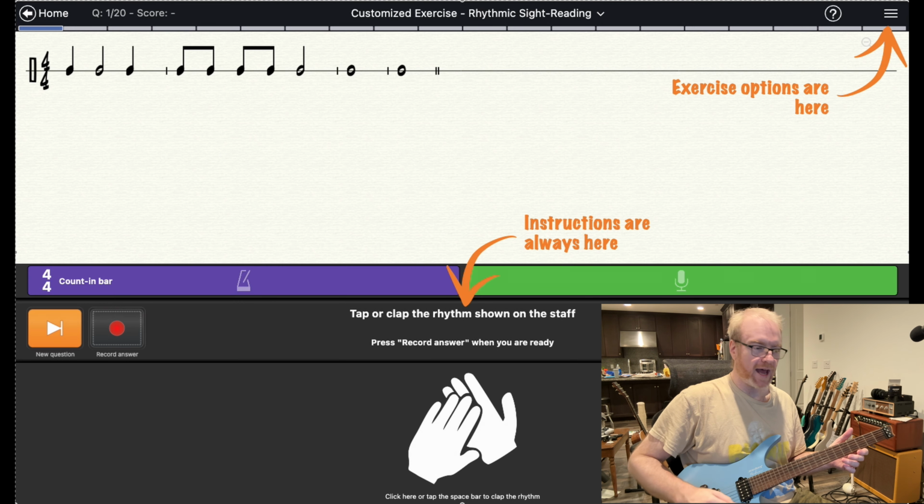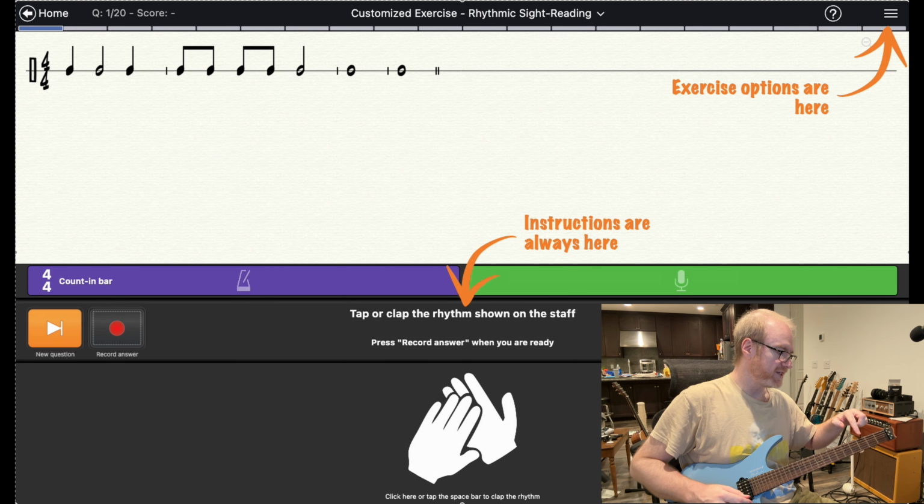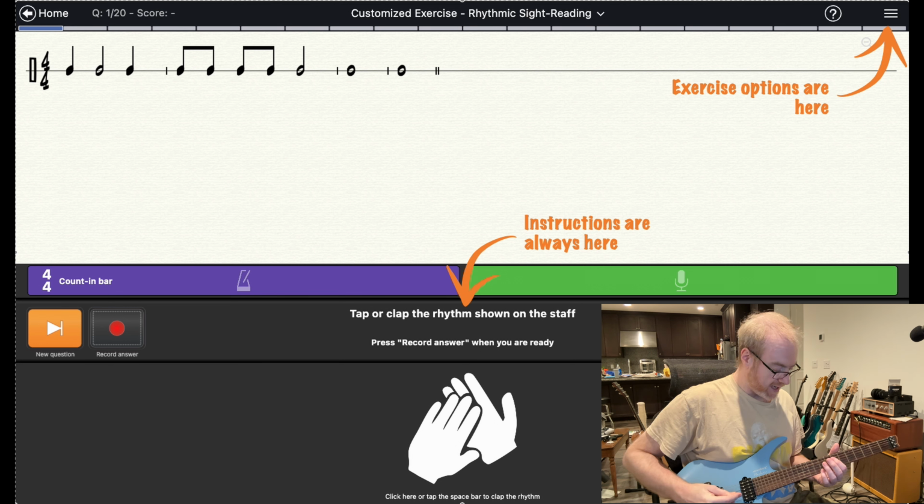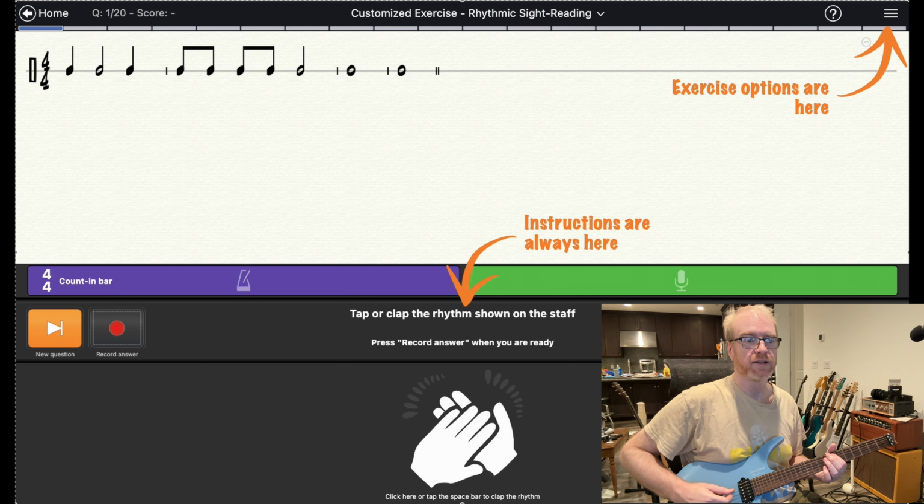So I have it set up so that if I hit the G note on the E string, it will repeat the question so I can keep trying it. And if I hit the high E open, it will go to the next question. And then if you play anywhere else,